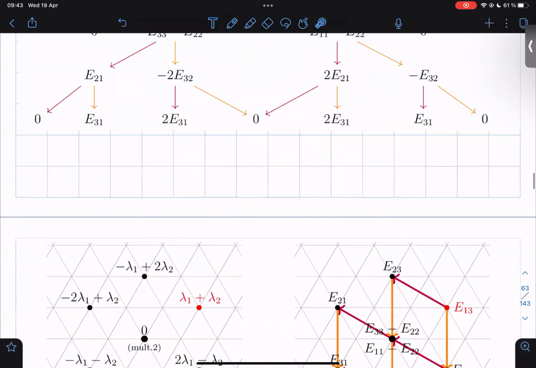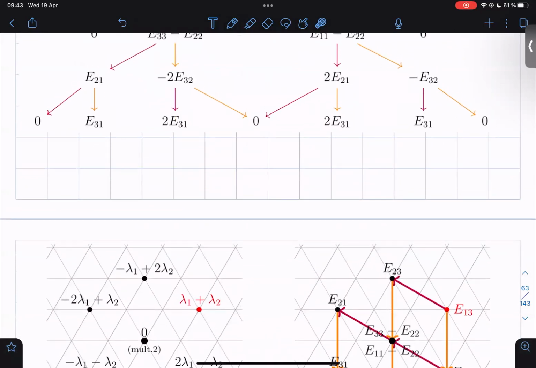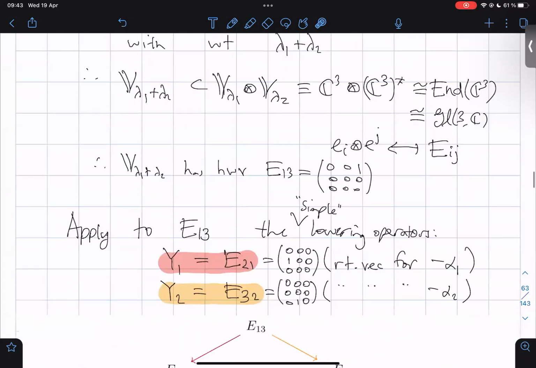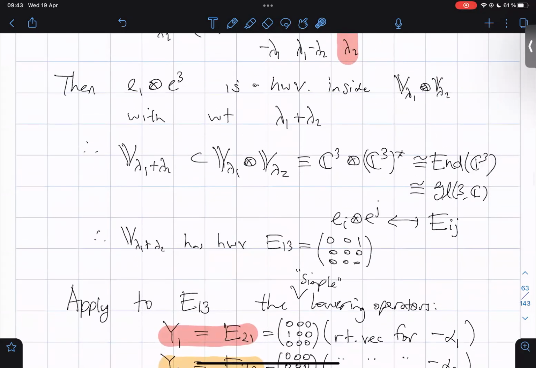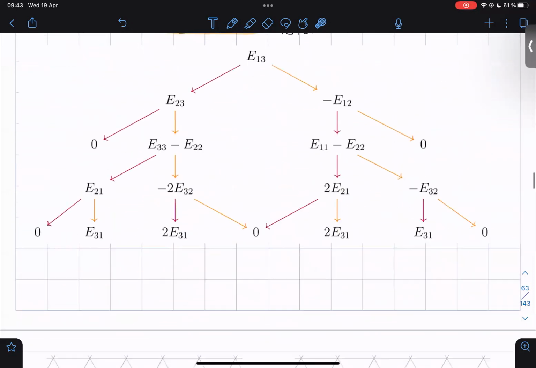When you do this, you shouldn't expect it to fill out the entire representation, right? This is 9-dimensional, and we know this is 8-dimensional. So there is a complementary subrepresentation there. We know that there is a complementary one because of this complete reducibility property. So we'll get